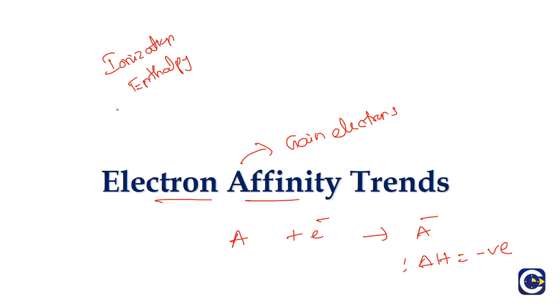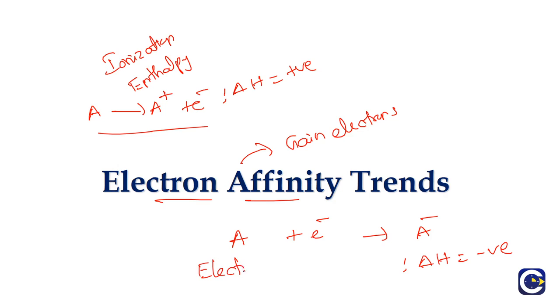We said that in the removal, if you are removing an electron, you will form a cation. For this, the energy change for the process will be positive, meaning energy has to be given, or energy will be absorbed by the process. Here, usually when an electron is given, the energy will be released, hence it will be negative. So we also indicate this by using another term called electron gain enthalpy.